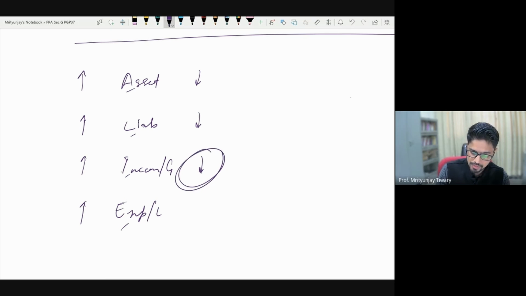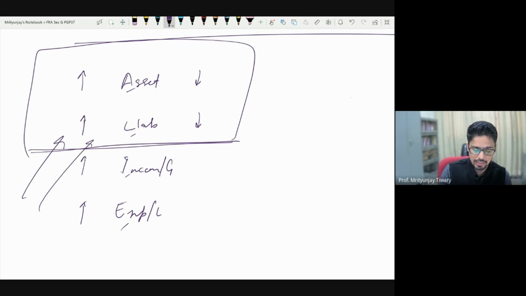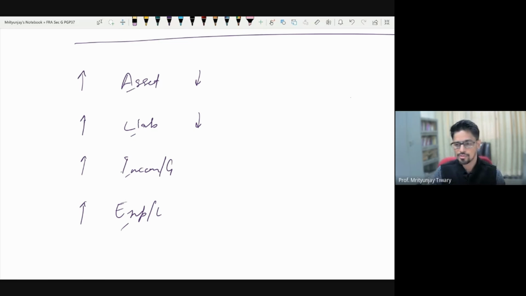Similarly, about this one, any reduction in an income or gain can be thought of as if it's an expense or a loss. So I don't need to talk about this one also. So now we are left with only 6 that we will deal with. Within these 6 also, in the beginning, let us focus our attention only on the first 4. That is, income, asset increases, liability increases, asset reduces, liability reduces.